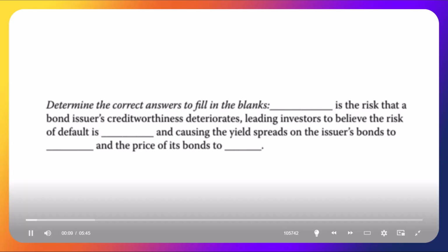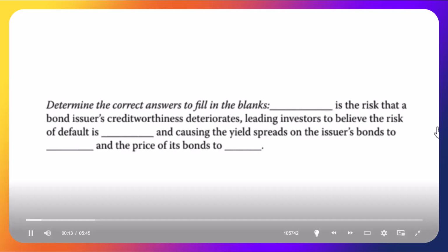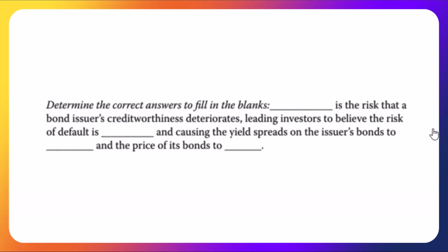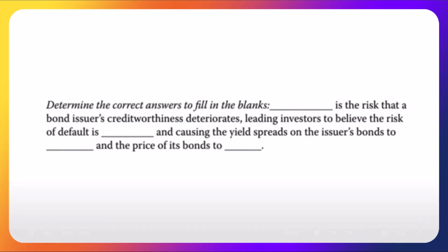Determine the correct answers to fill in the blanks. Something is the risk that a bond issuer's creditworthiness deteriorates, leading investors to believe the risk of default is something, and causing the yield spreads on the issuer's bond to something and the price of its bonds to something. Well, that's not default. What we're worried about here is credit migration risk. So we'll say credit migration risk